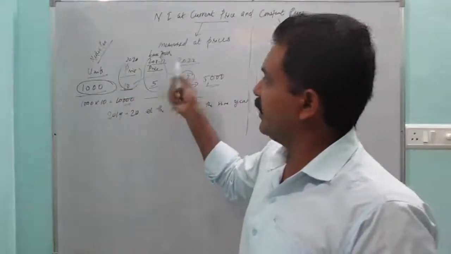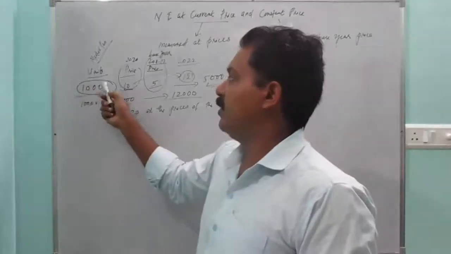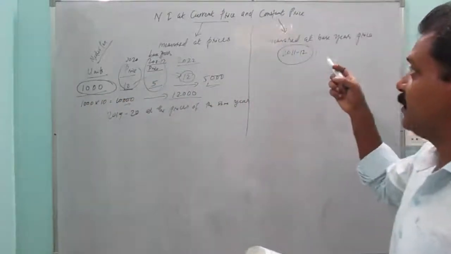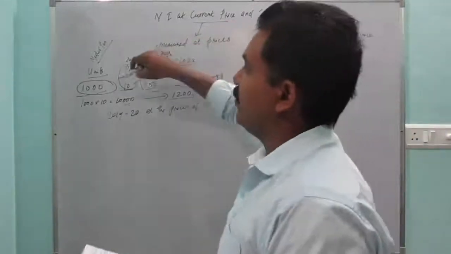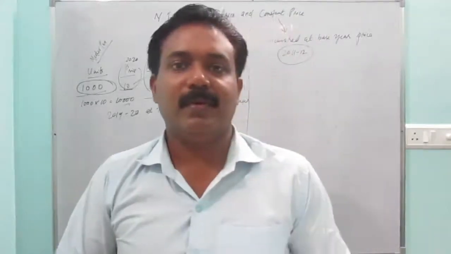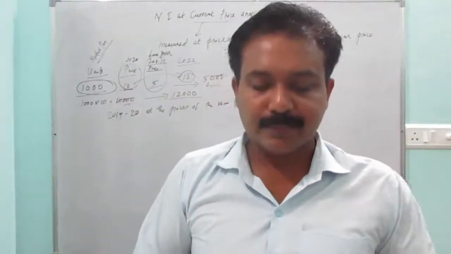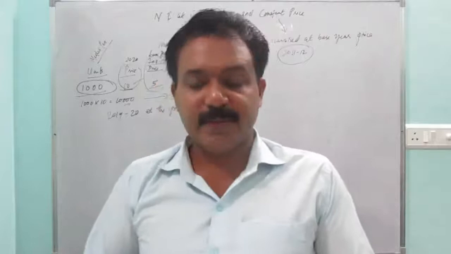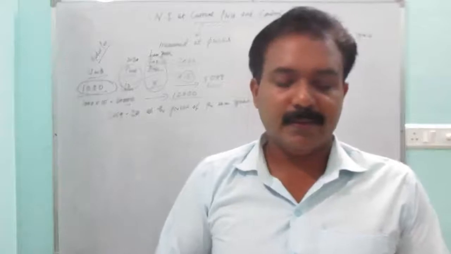Up to now, if there is any change in national income, that will be with the change of this. If we are calculating national income at a constant price, change in national income will take place only if there is true development. That means production of units must improve, or a betterment of service must come. If we measure India's national income of 2017 and 18 at the price of 2011 and 12, then it is termed as national income at a constant price.